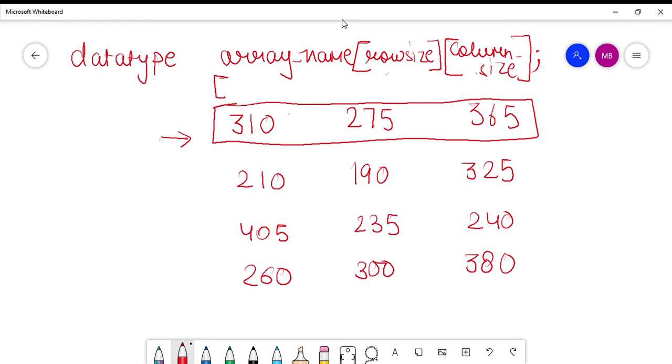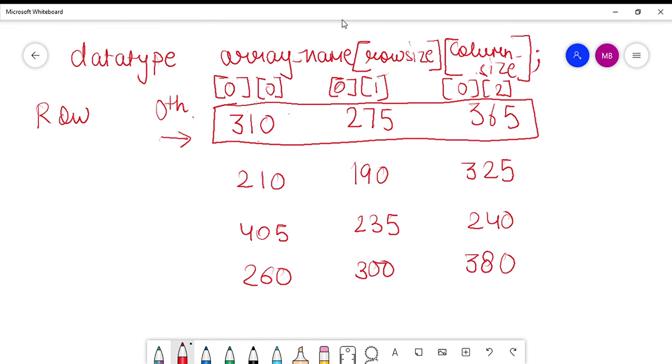This is the 0th row and this is the 0th column of the 0th row. I'm talking about the 0th row right now. This is the row section. So this is the 0th column of the 0th row. Then moving on, this is the 0th row and this is the first column of the 0th row. Then this is the 0th row and this is the second column of the 0th row.